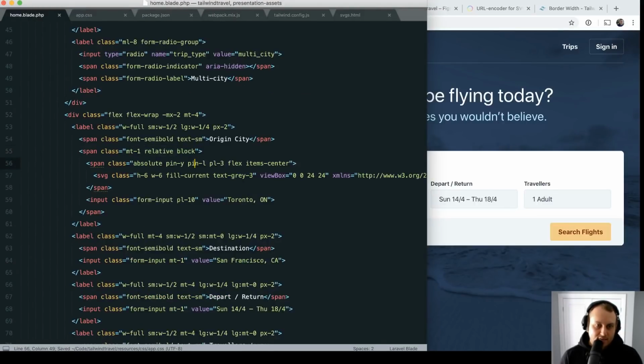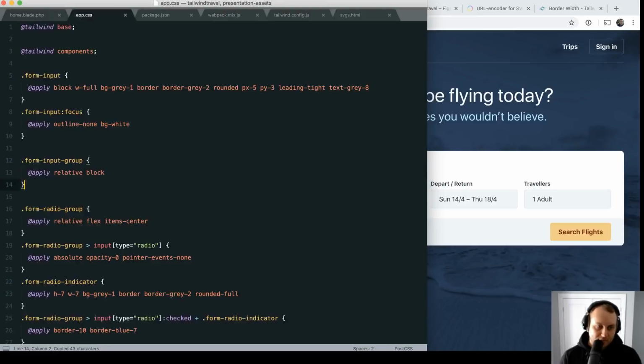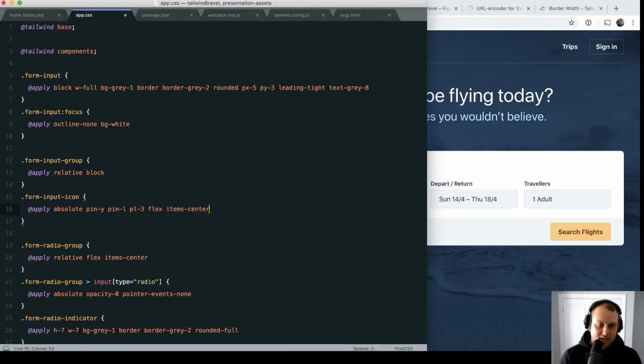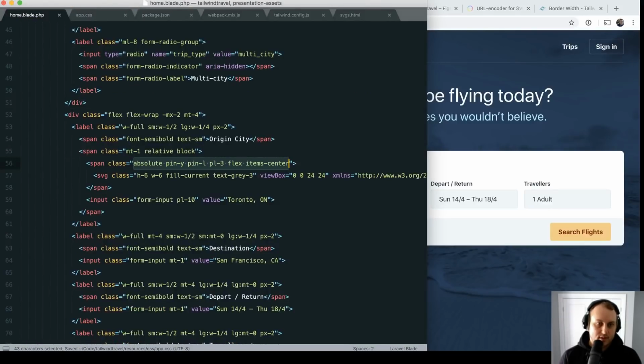And then we also have this, which I'm going to think of as the form input icon, kind of like the wrapper for that. So why don't we call this form input icon, apply those classes, and we'll change that here, form input icon. Oh, good grief, can Adam type? Form input icon,